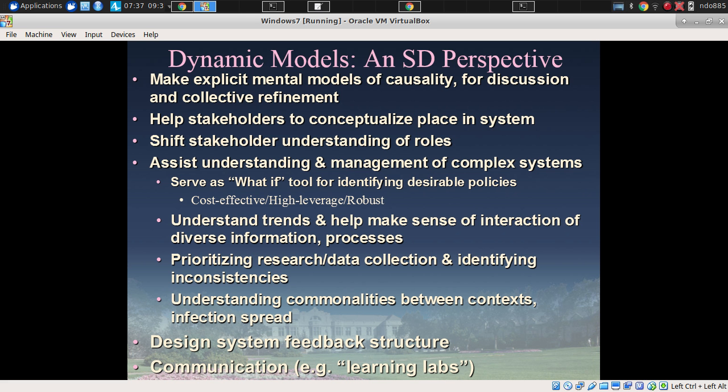It's very much a sort of idea that is consistent with system dynamics, if not ubiquitous within it. And models in this context are used in many of the same ways as agent-based models, but the balance is different. There's more emphasis on communication on an ongoing basis, helping stakeholders within that system to understand their place in the system and how it relates to the place of others. Because, ladies and gentlemen, so often when we're in complex systems, the healthcare system,